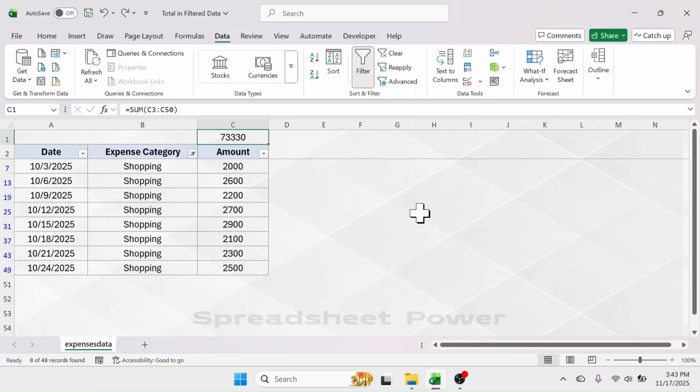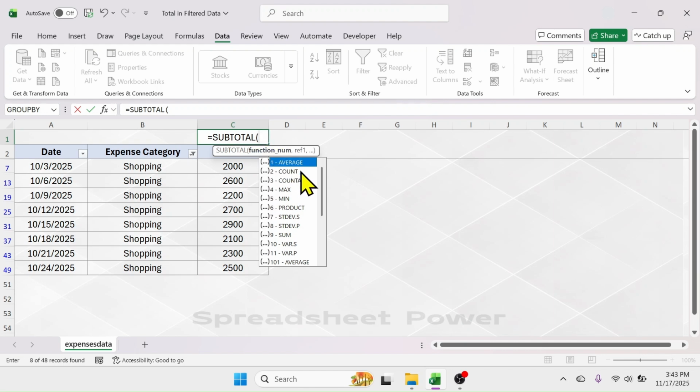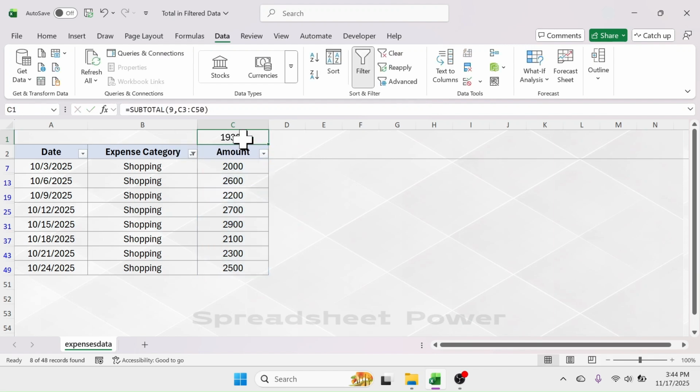Let me delete this formula from here, then press equal to, type SUBTOTAL, bracket open. In the function number we have to select the type of calculation. Here I need the total, so I have to select the SUM function which is number 9, then put a comma. In the reference select the expenses range, that is from C3 to C50. So put here C3 cell reference to C50, close bracket, then press enter, and this is the total for the shopping